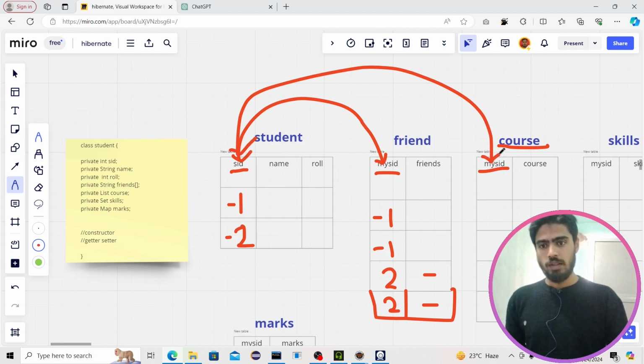So this my SID and SID are bound in different tables, the student table and the course table, as a foreign key. So suppose for student 1,